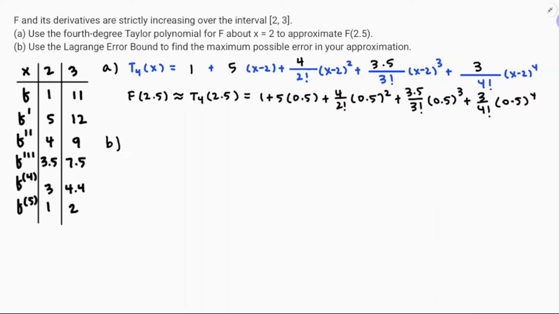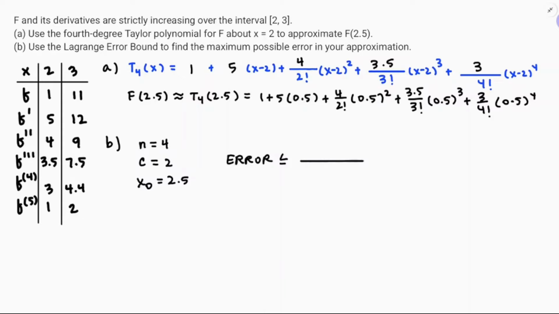There are 3 key ingredients for Lagrange error bound. The degree of the polynomial we use to approximate, that was degree 4. The centering value, this polynomial is centered at x equals 2, and the approximation point x0 equals 2.5. We're always going to start off with error is less than or equal to,